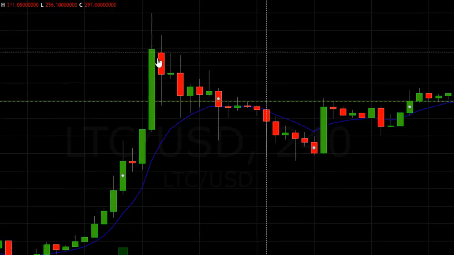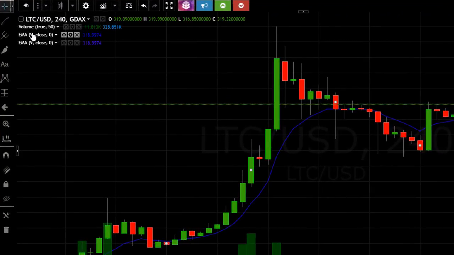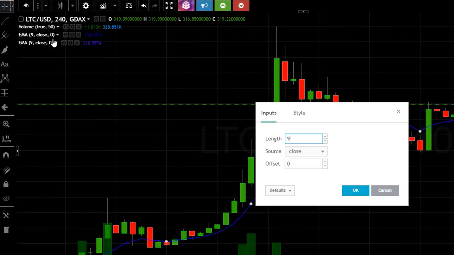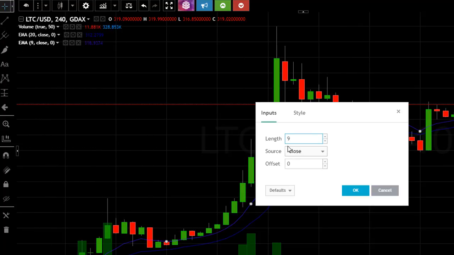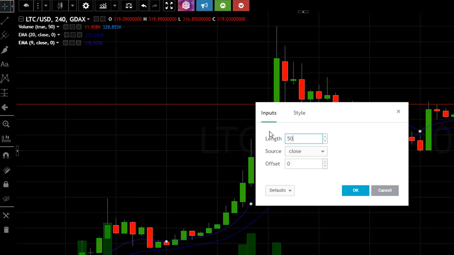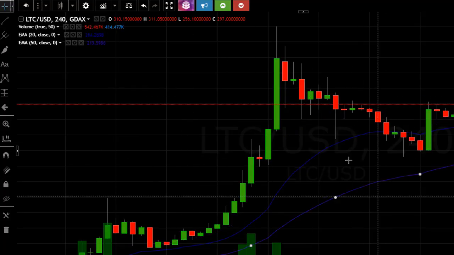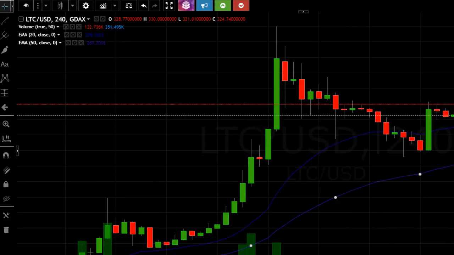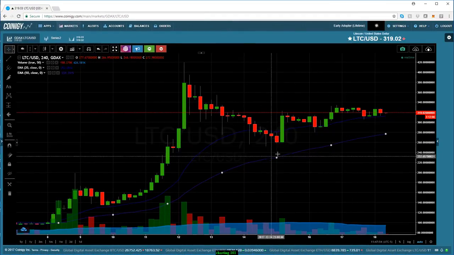and I like to add 2 of them. And then after you've added the moving average, if you highlight it and click on it and then click format, you can change the length of the moving average. So in this case, I like to use a 20-day moving average and a 50-day moving average. So I clicked on the second one. The first one I set to 20. Excuse me, not day, this is period, right? Because we're looking at 4-hour periods. So this exponential moving average is a moving average of the last 20 periods,